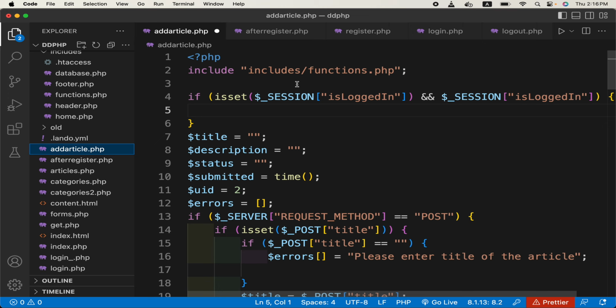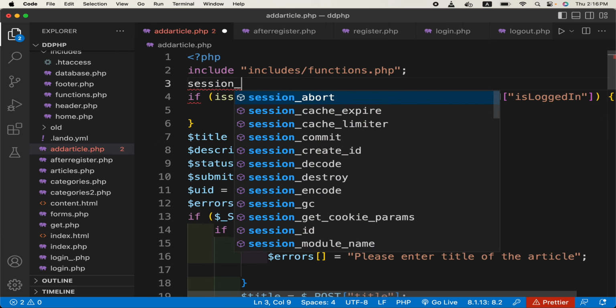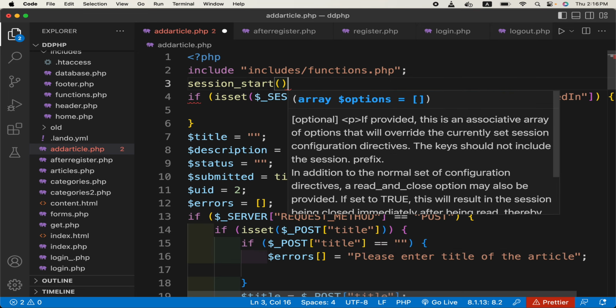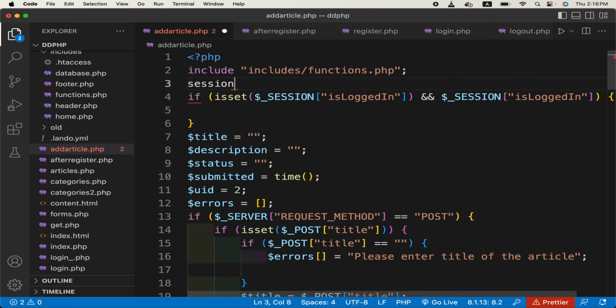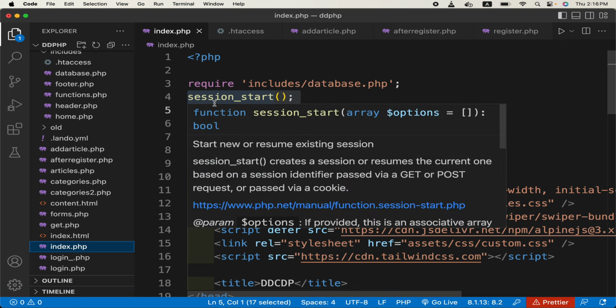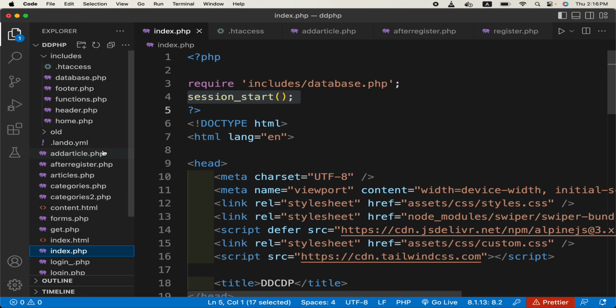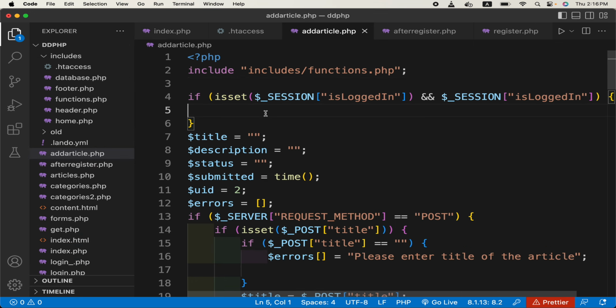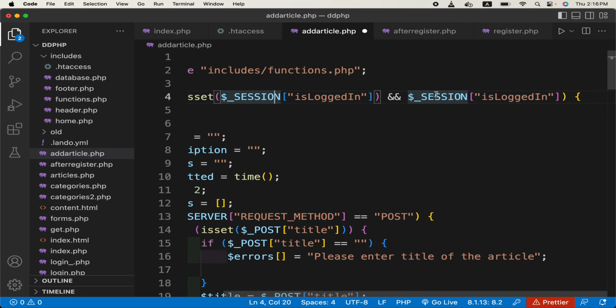And as I said, we need session_start to have the session variables, but we are already including it in index.php, so we don't need to. Okay, so if we negate the condition, if not isset, and session is not true,